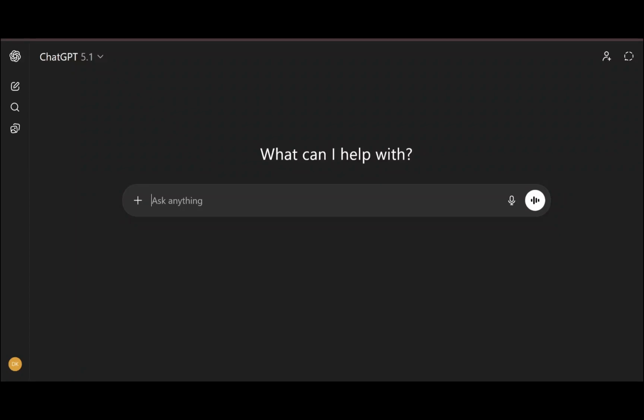And I'm even going to dictate my prompt so that you can see how easy it is to really flow and get that down as well. Because if you have to type that prompt, it can get a little bit tedious if you're trying to fit everything in there that you want to fit in to get it to generate the results for you. So I'm going to record the dictation in real time here, and then I'm going to ask it to generate the content so you can see exactly how it kicks this out and how quick, how lightning fast this is. It's going to blow your mind.